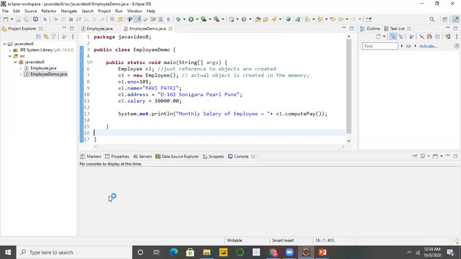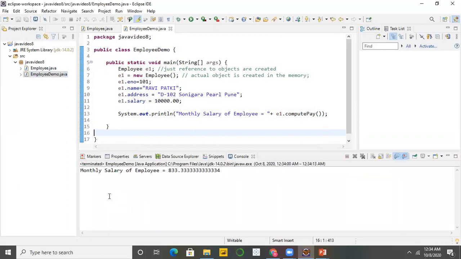It will take some time. And see here, the monthly salary of an employee is calculated as a double. So here I have just calculated the monthly salary.